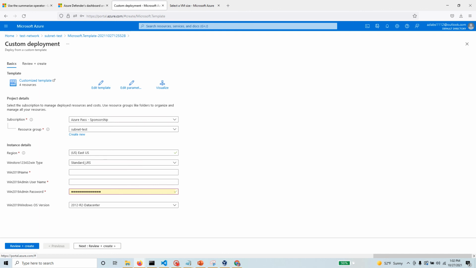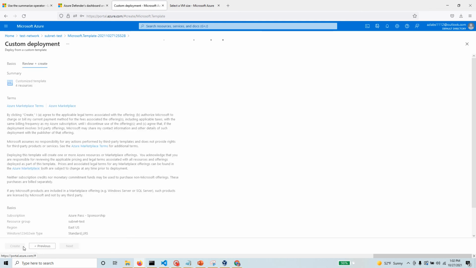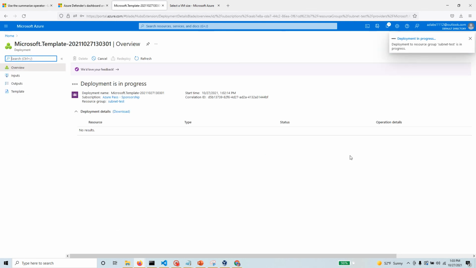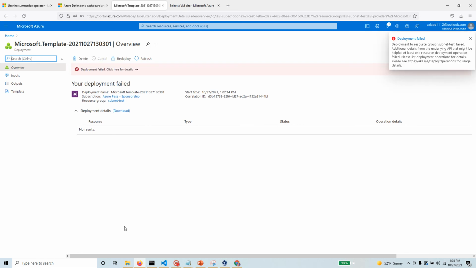And again, I'm back here, fill out the information. This is just Win 2019, and that's it. Now review and create, and again it's running. Now validation is successful. I can hit create and it should create my virtual machine just fine. So let's give it a minute, and if this is successful, all I need to do,